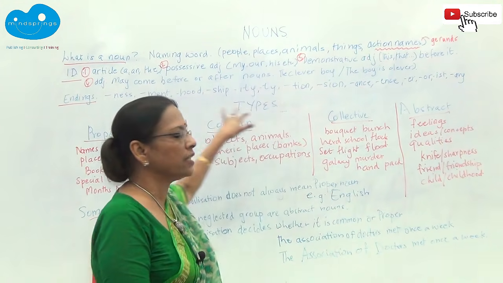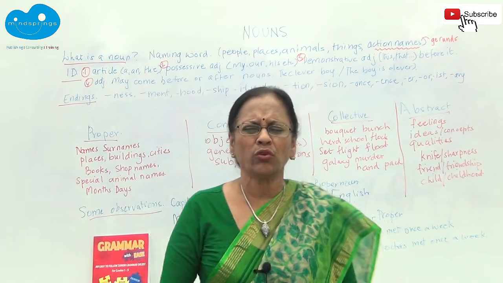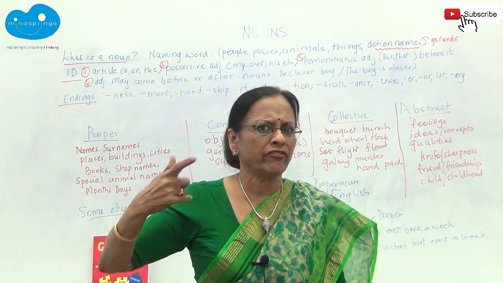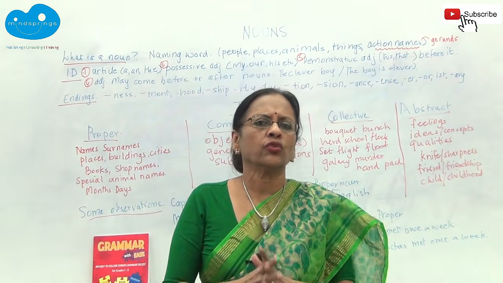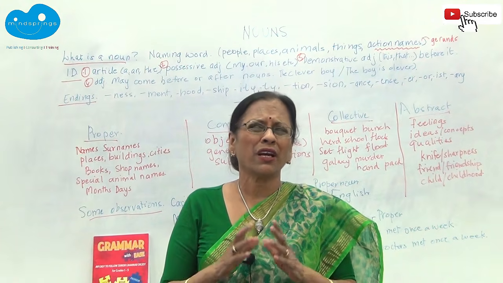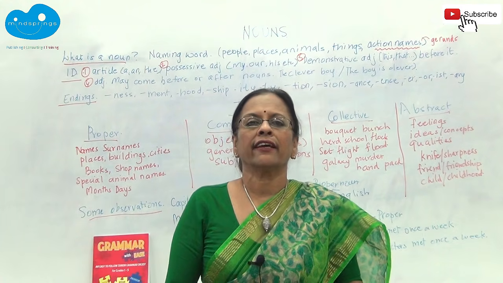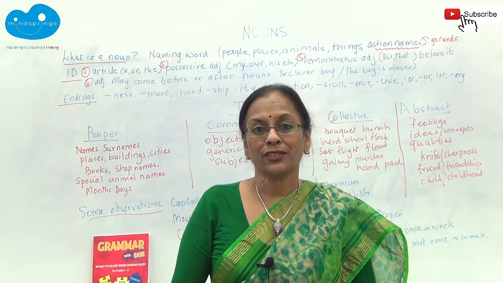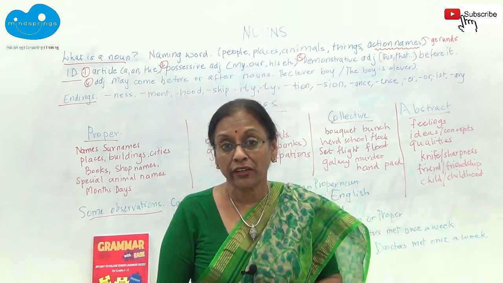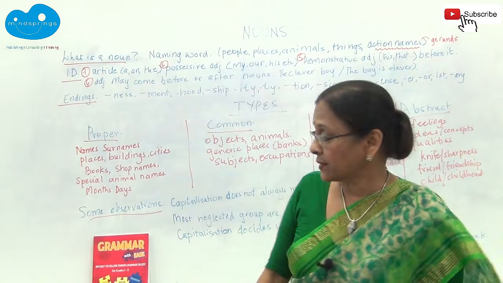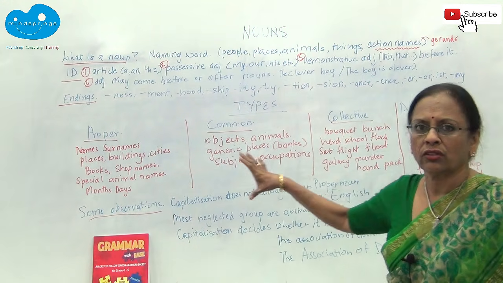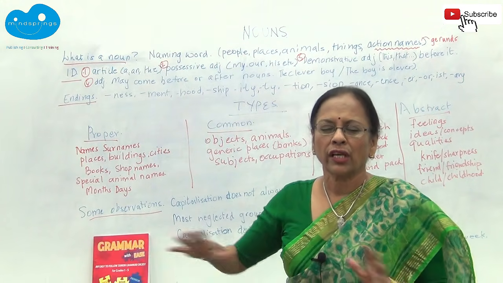So you will know these are your endings for nouns, and you will get hundreds of words like this. I can't right now think on my feet, but there are tons and tons of words with these endings. When you see these endings, you can be quite sure that they are abstract nouns. Okay, so abstract nouns is your big group, and that's the one you want to be very careful about. Those are your endings. Let's look at the types of nouns now, the very basic types of nouns.